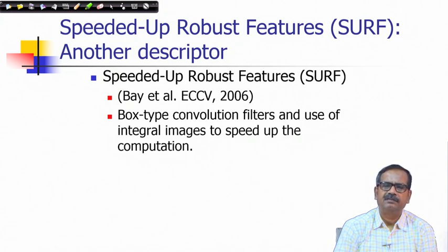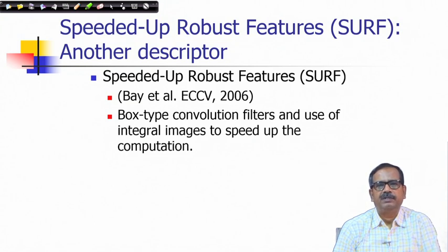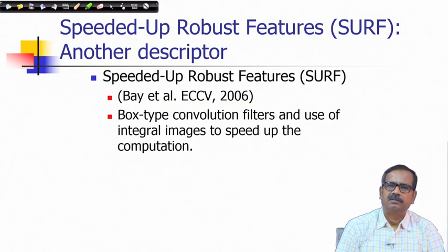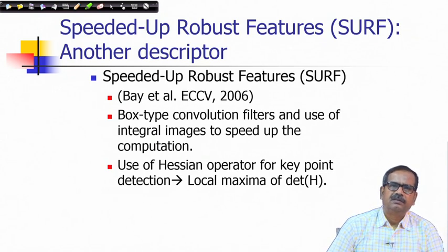In this case the convolutional masks have only weights of, say, 1 and -1, and there are patches where all are 1 and all are -1, and those patches are square patches, and that is how the shape of this filter is called box type filters. And these computations can be carried out using an integral image, which again I will explain in this particular discussion.